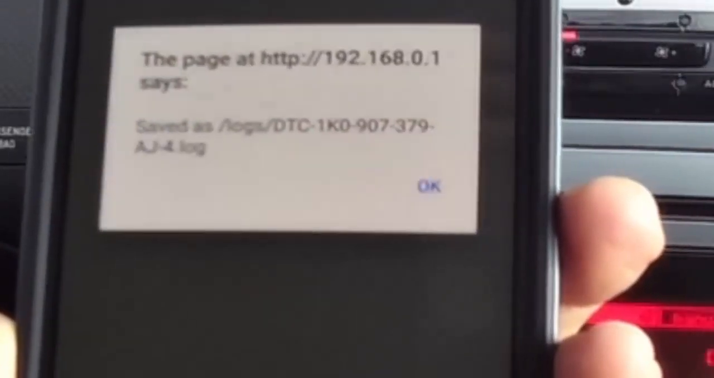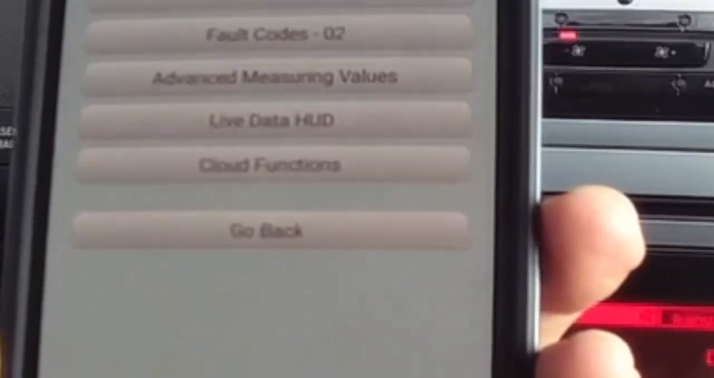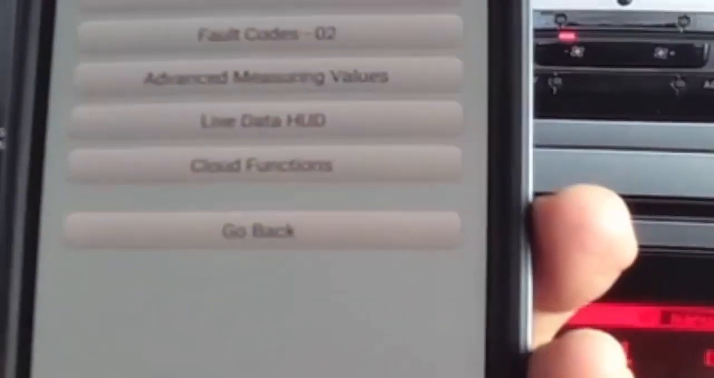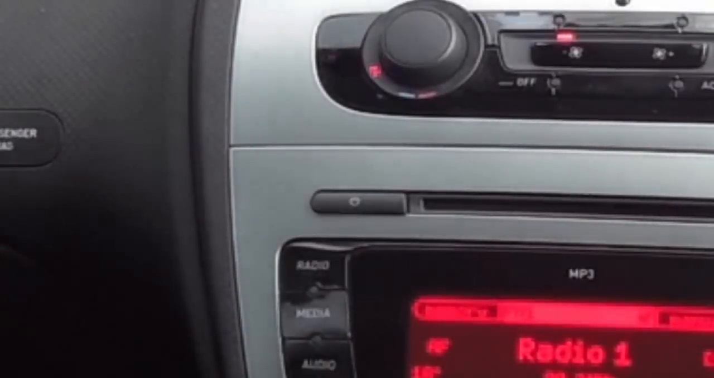So I'm going to save those to a file and then have a look at the live data to see if the live data agrees. So we'll choose advanced measured values. It takes a few seconds for VCDS to build the list. Once we've got the list, wheel speeds are usually the first 4 data blocks. So when the list shows up, I'll just select those 4